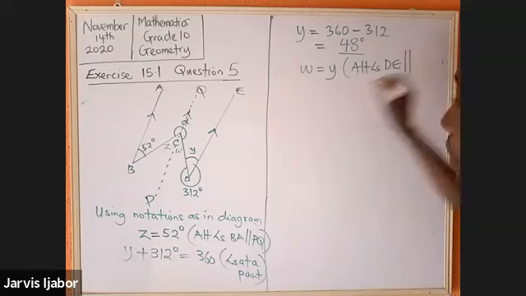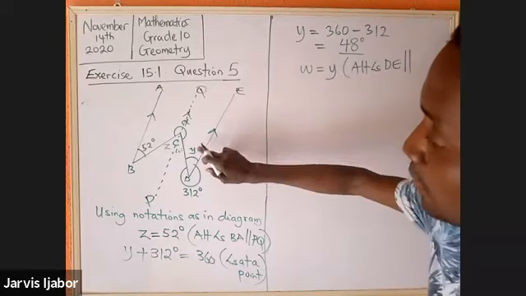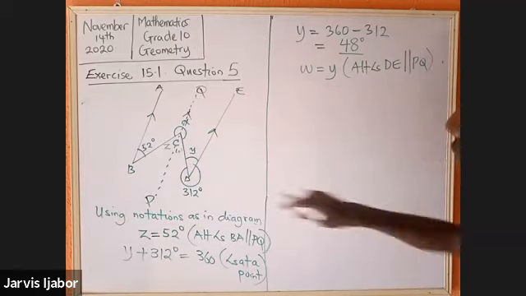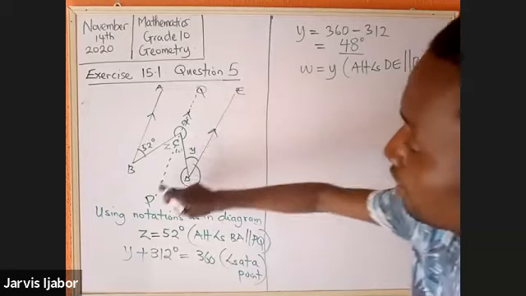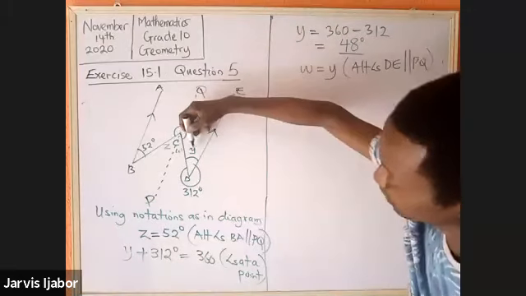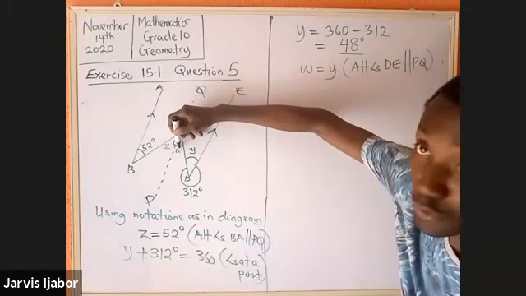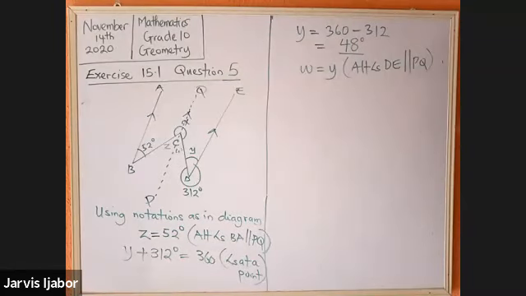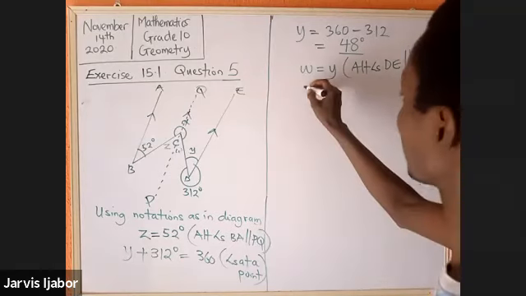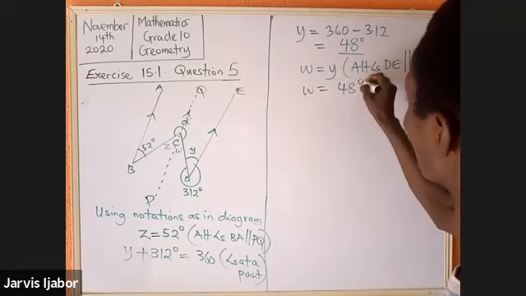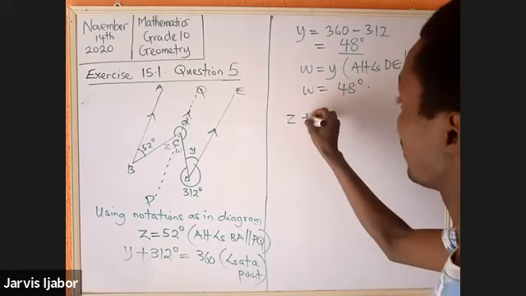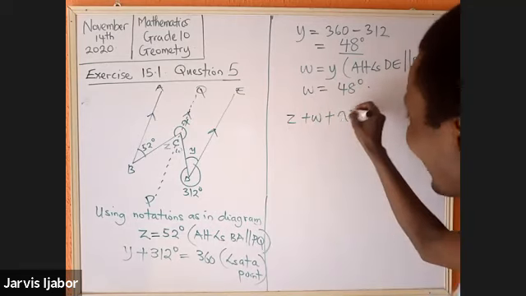DE parallel, alternate angles. DE parallel to what? PQ. Watch the angle, see W, see Y here, see W here. Those two angles are equal because the angles formed between parallel lines with the transversal cutting across. Now W will be equal to what? 48 degrees. Now with that in place, we can say that Z plus W plus X will be equal